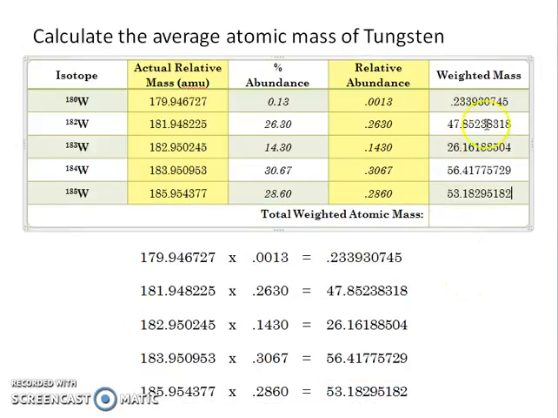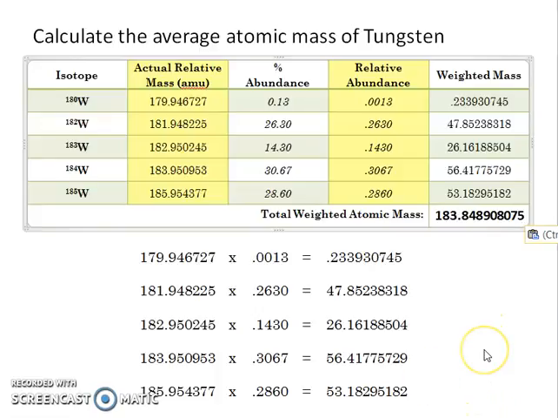So now that we have all of these numbers, we have to come up here and do a total. And after tediously plugging them all into my calculator, I end up with the number 183.848,908,075, which seems like a lot of numbers. However, this is a weighted average, and so we are going to keep all of the digits in here for